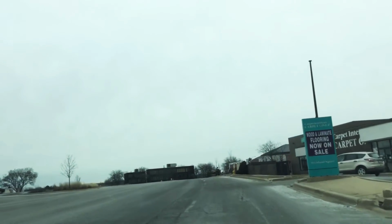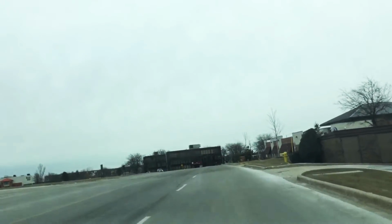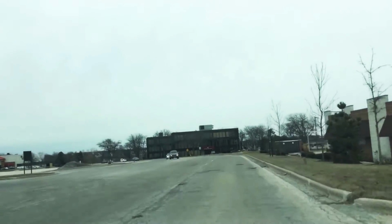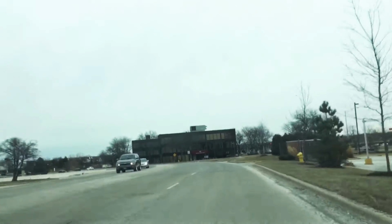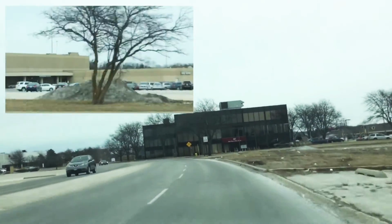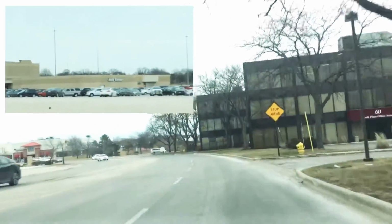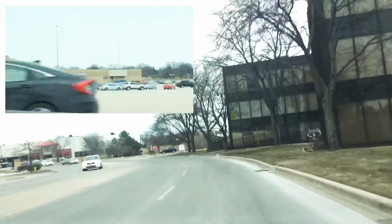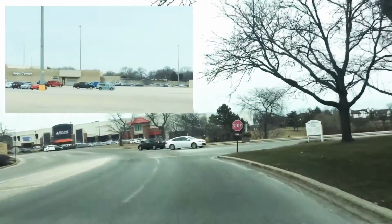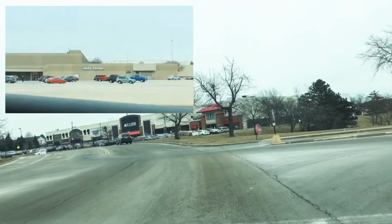Welcome to a full Sears store tour of the closed Sears in Orland Square Mall in Orland Park, Illinois. Now we're going to take a quick drive around the outside of the front of Sears, and when it pops up, as you can see, is another screen showing around Sears. Well, there's some office buildings on the right, and those are for different offices by the mall, and over on the other screen is the auto center,